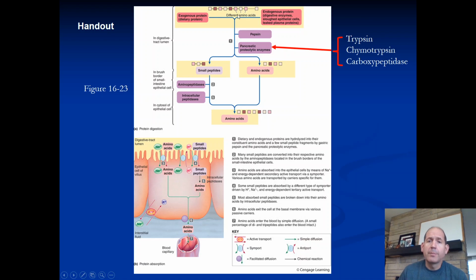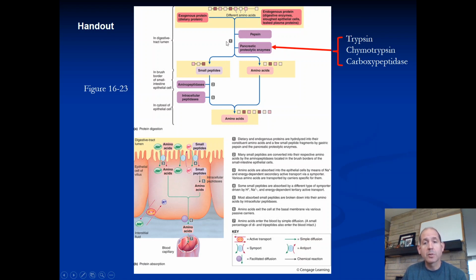For protein digestion, you'll recall that we start protein digestion in the stomach through the actions of pepsin, which is secreted as pepsinogen and is activated by hydrochloric acid and itself. And then we also have our pancreatic proteolytic enzymes, which are secreted from the pancreas into the duodenum in their inactive forms of trypsinogen, chymotrypsinogen, and procarboxypeptidase. They are then activated inside the lumen of the duodenum, initially by enteropeptidase, activating trypsinogen to trypsin, and then by trypsin for these others. Once active, they can break peptide bonds in these proteins,